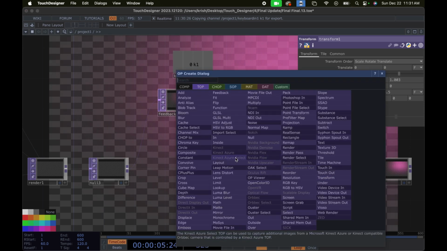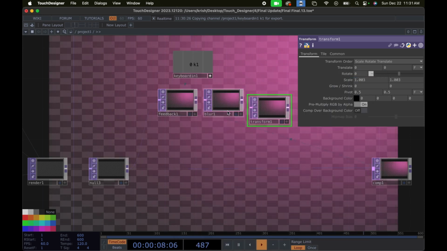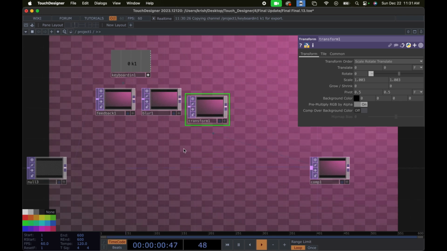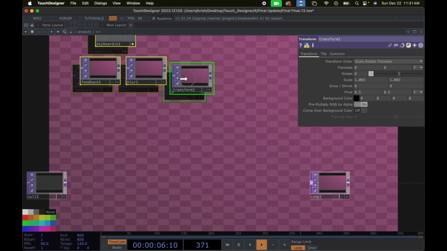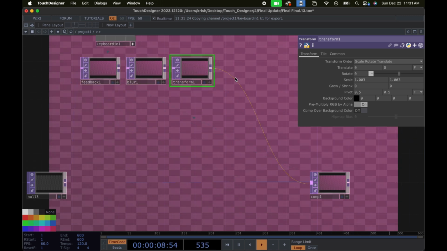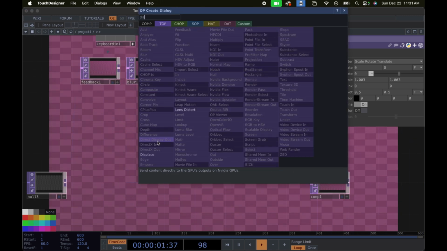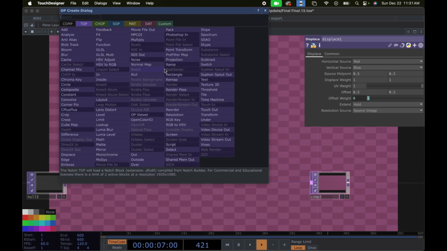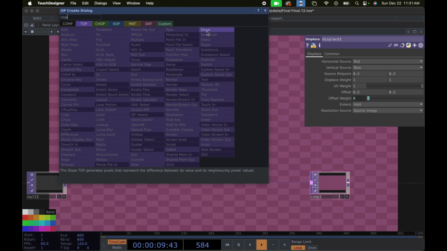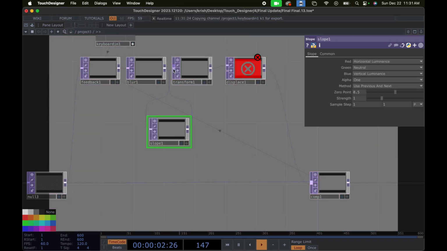Yeah, and then let's add a displace. For the second input of displace, we are going to add a slope from our blur here and for the slope we are going to keep the strength to 2 and the sample step to 0.515,